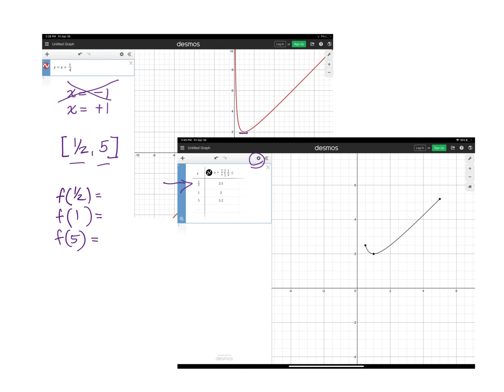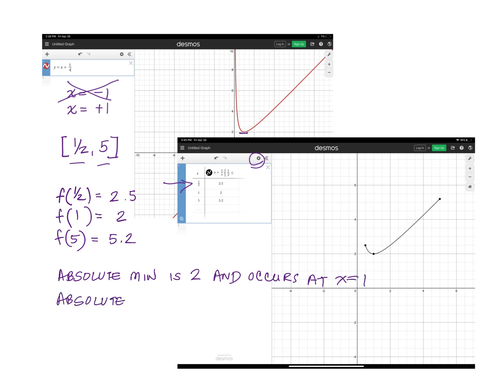I can see from this table which I created, again by clicking on the wheel up there, that f of 1/2 is 2.5, f of 1 is 2, and f of 5 is 5.2. So the absolute minimum is 2 and occurs at x equals 1, and the absolute maximum is 5.2 and occurs